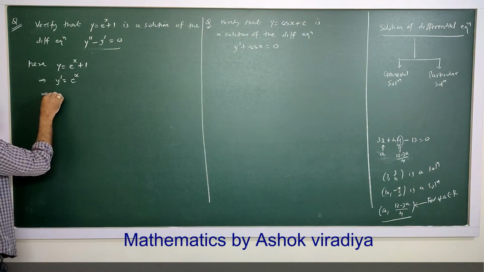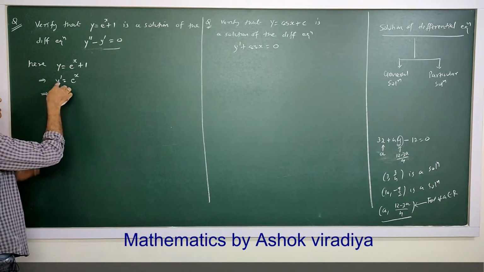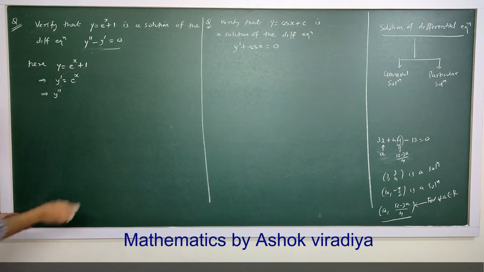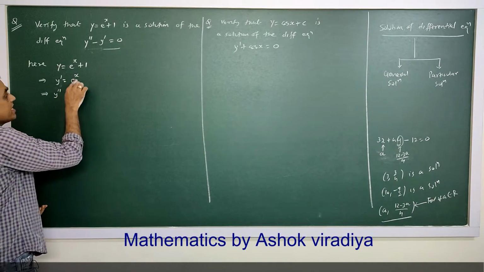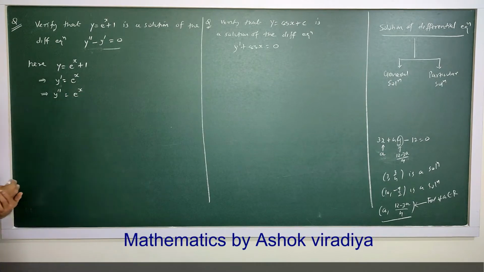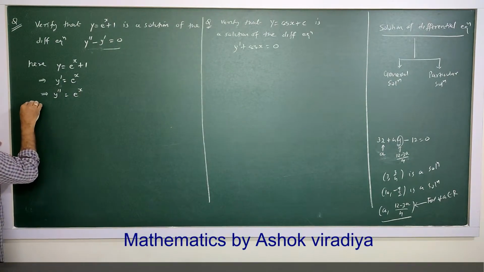y double dash, that is second order derivative, differentiating a second time. It is e raised to x. Derivative of e raised to x is e raised to x. Now putting in the left hand side,